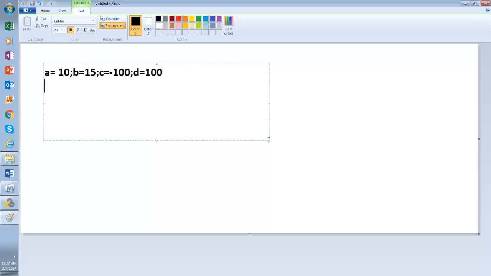Now let's say result equal to not, I am putting a not here, not (a greater than b and c equal to d).